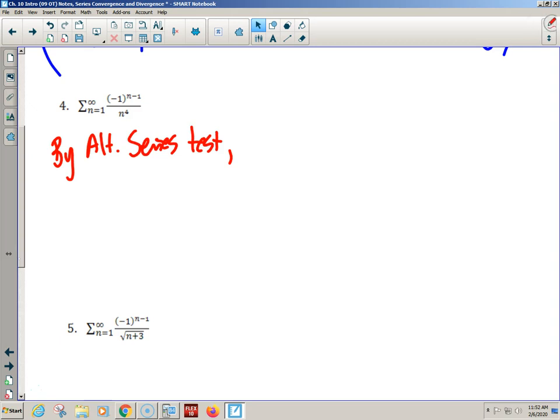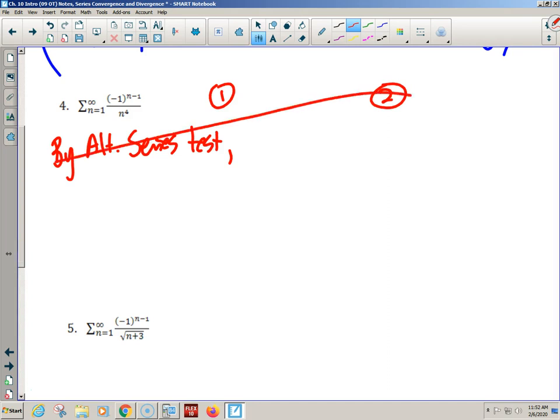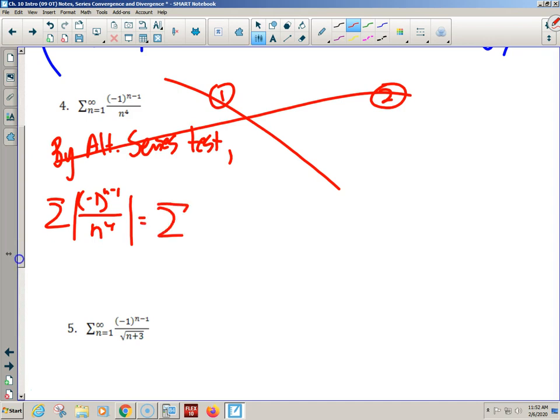Okay. Some of you are already starting to think about condition 1 and condition 2, right? But why in my brain would I actually not have looked here technically at all? Because it converges if I consider the absolute value. Kevin's saying it up here: the absolute value converges by p-series. p is equal to 4, which is greater than 1. So I could throw in, since the absolute value converges,